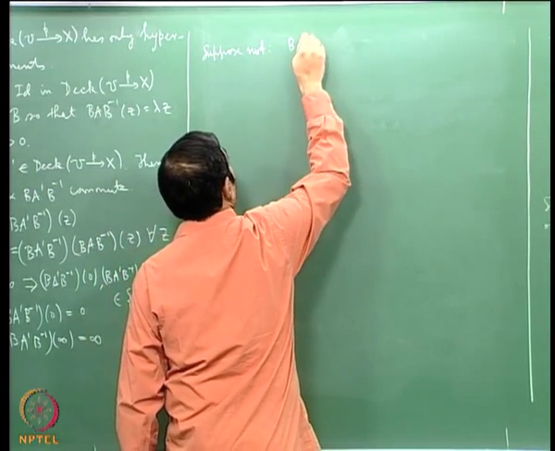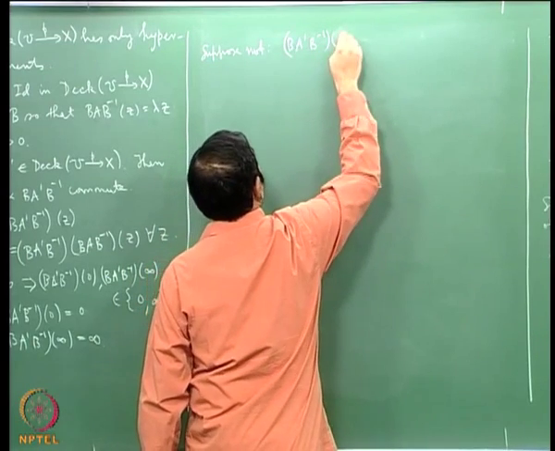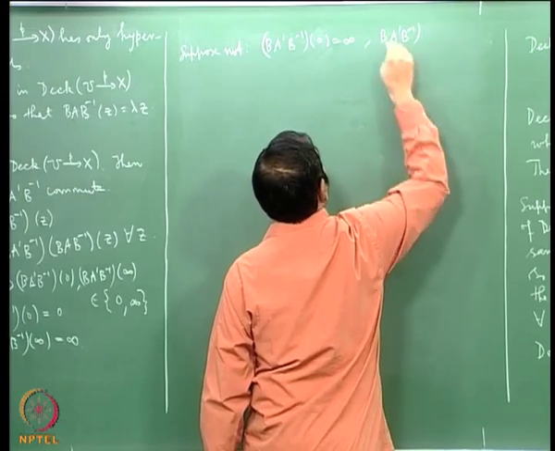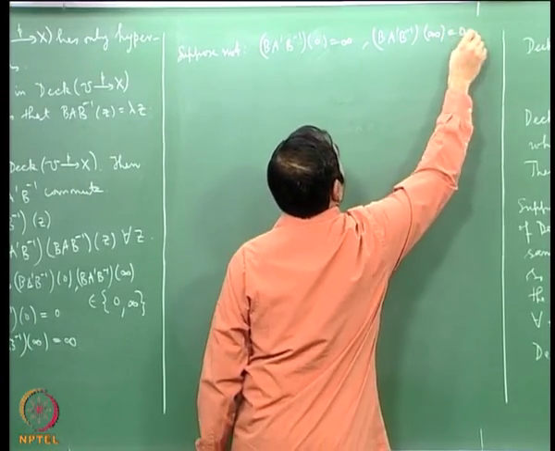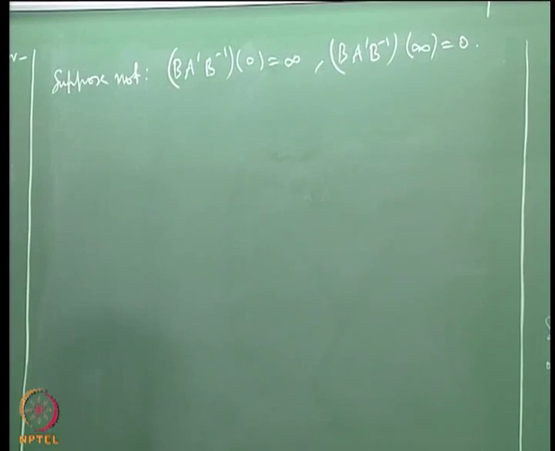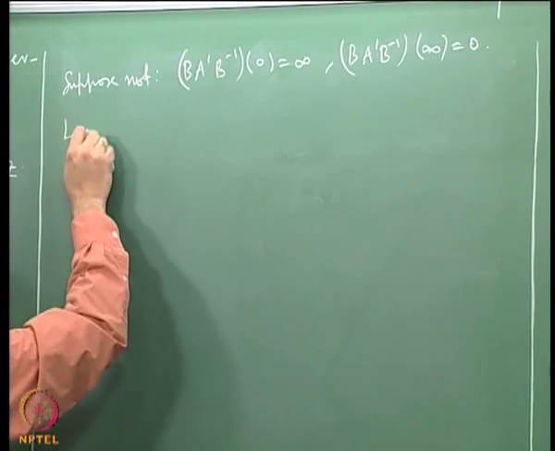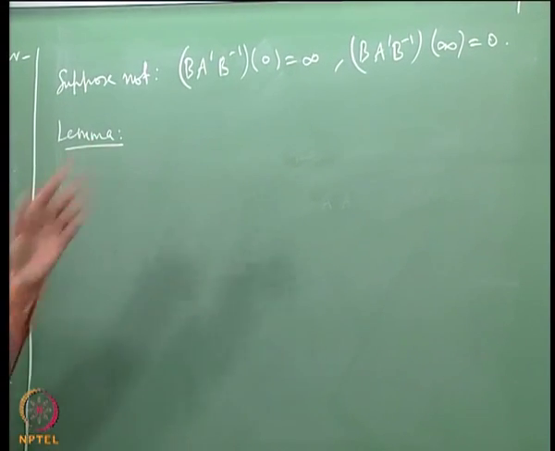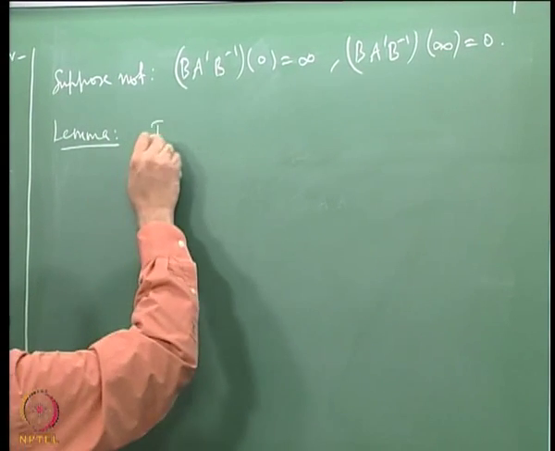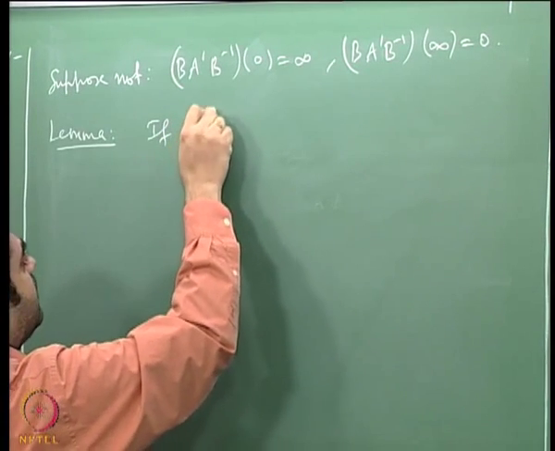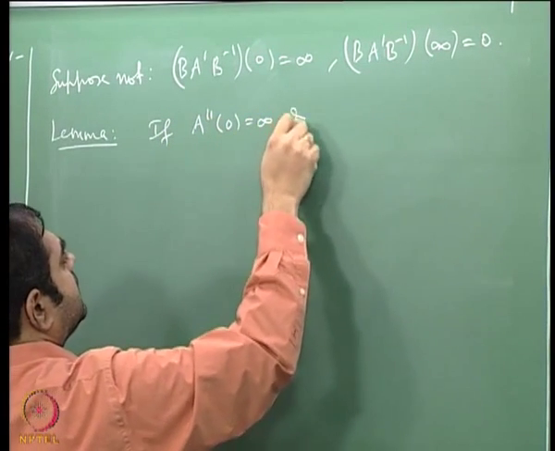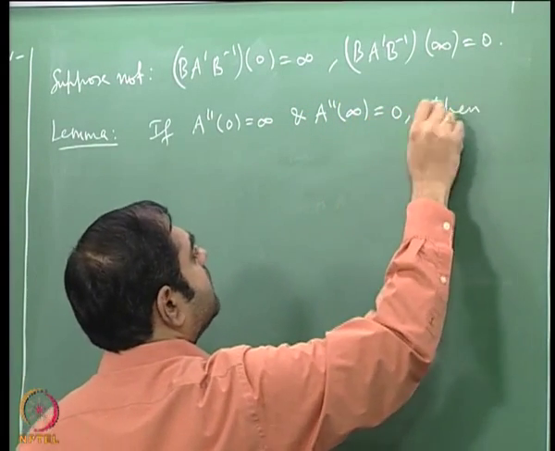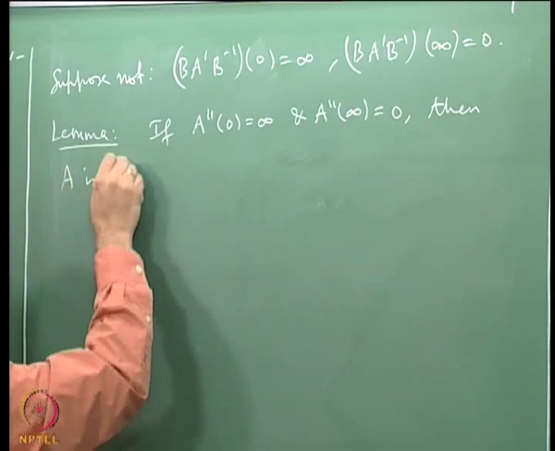So B A prime B inverse of 0 is infinity, and B A prime B inverse of infinity is 0, okay. Well, you see, I will work out a small lemma. This must be obvious to you, but we can write it out. If A double prime of 0 is infinity and A double prime of infinity is 0, then A is elliptic,